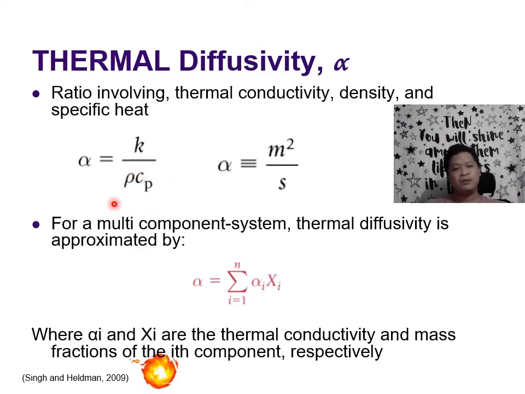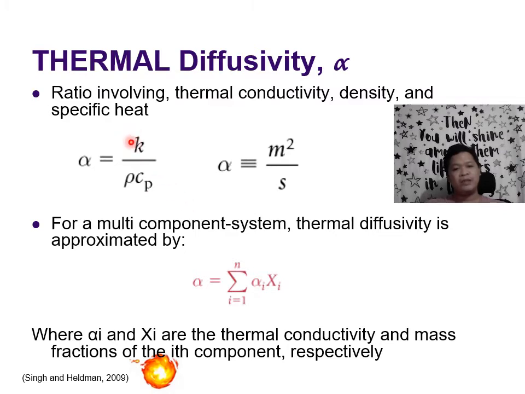Okay, so since density multiplied by specific heat tells us how much heat it takes to raise its temperature and how much mass is there for a given volume. Therefore,